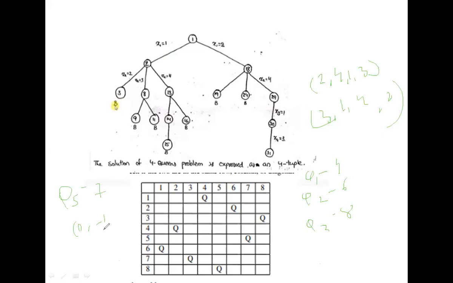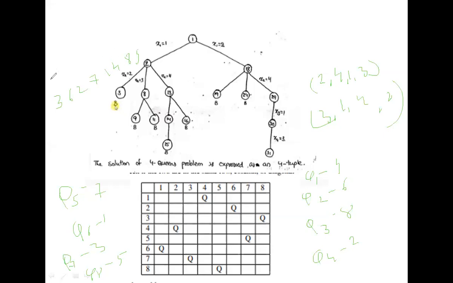You have to do it without the bounding function. This is the solution for the 8 queens problem. In the same manner you have to do it. Okay, queen 8 in the 5th column. So the answer is 4 6 8 2 7 1 3 5. And another solution for this one is 3, 6, 2, 7, 1, 4, 8, 5.